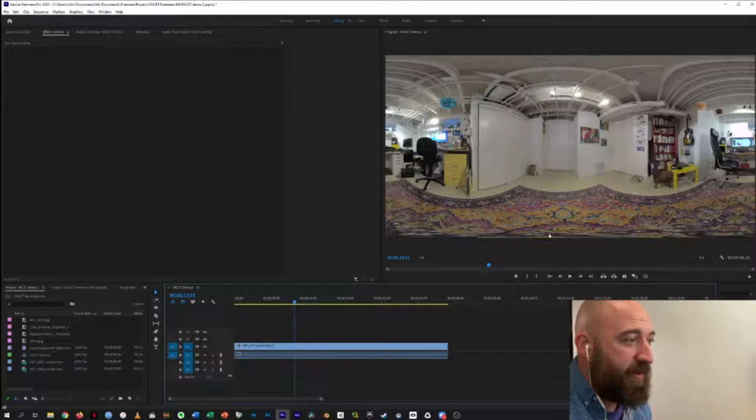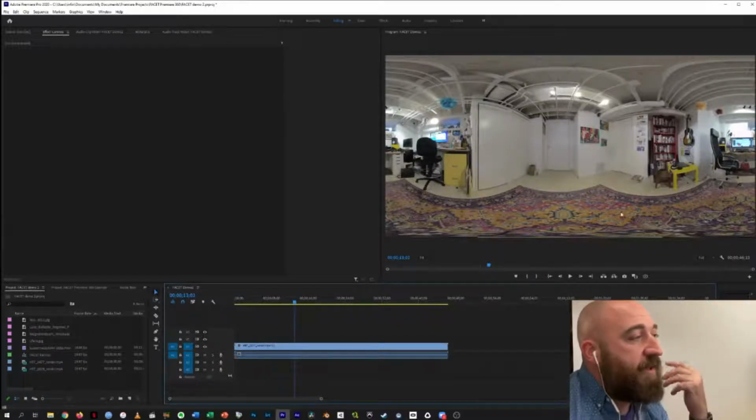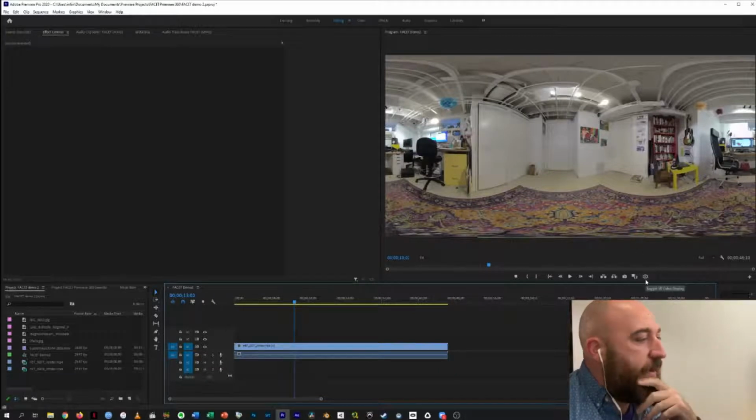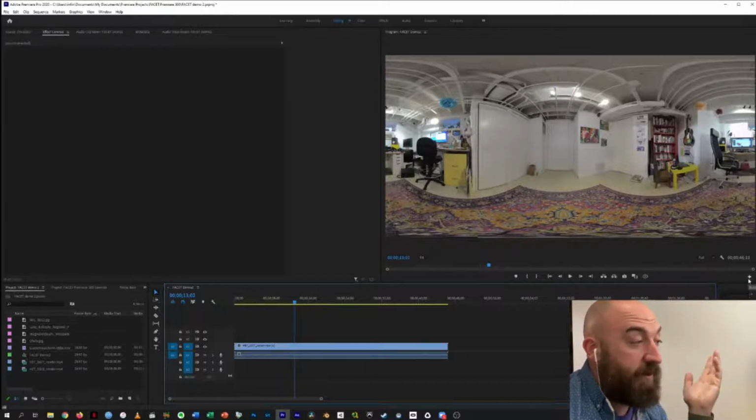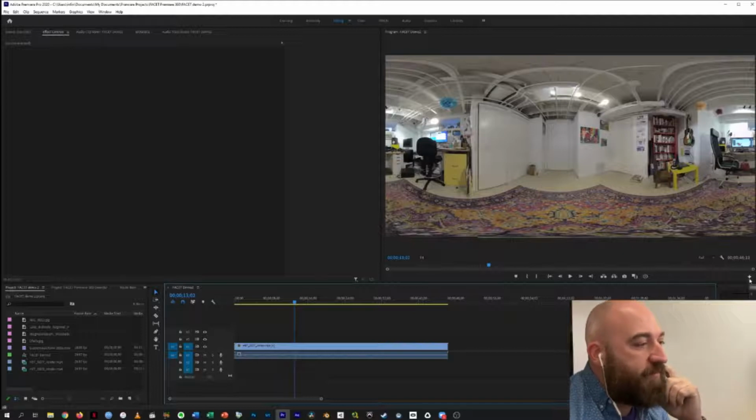So you see how weird it is, like unfolded like an orange peel. Luckily, we don't have to work with it like this. Sometimes it's useful, but we can toggle to a more normal view, so to speak. Mine's kind of already set up this way because I already made this, but you see this little plus sign